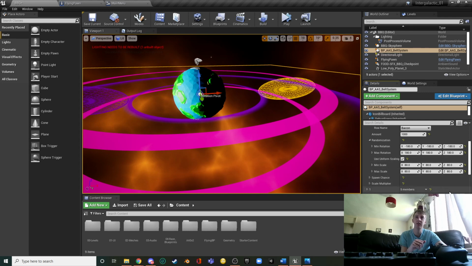The reason I said uniform scaling is because you don't want your object to be flattened or stretched or anything like that. It has to look like what it looks like, just either bigger or smaller. So you can set the minimum scale to say be 10, and then the maximum be like 100, which would